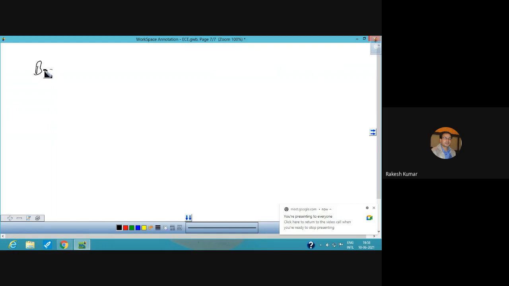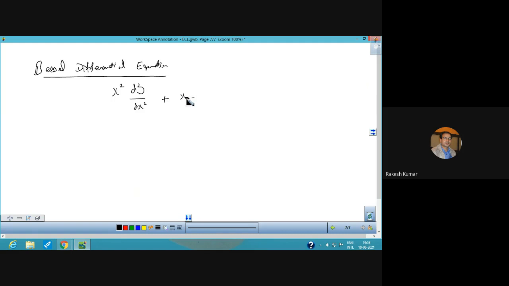With the Bessel differential equation. This is a Bessel differential equation. The linear differential equation x square d square y by dx square plus x dy by dx plus x square minus n square into y is equal to 0 is said to be the Bessel differential equation where n is